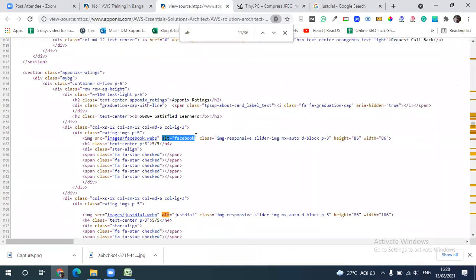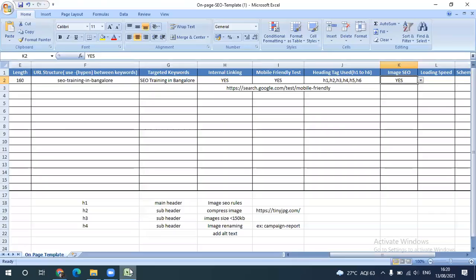And one more thing: there are a lot of types of images. What are the types of images you get? You get .jpg, .png, .jpeg, and .gif. These are the varieties.